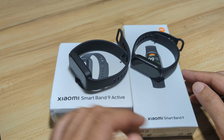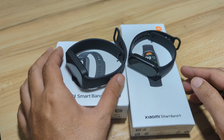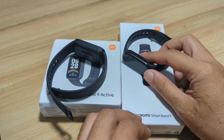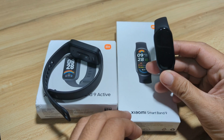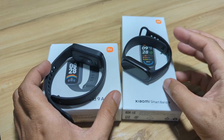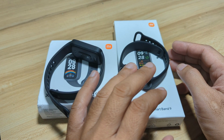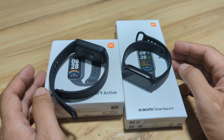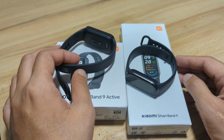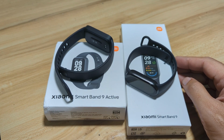We have here two fitness trackers from the company Xiaomi. The latest is the Xiaomi Smartband 9 Active, and we have here the popular fitness tracker, the Xiaomi Smartband 9. On this video, we are going to compare these two fitness trackers in terms of the design as well as the features offered. So if you are interested to see what is the difference between the 9 Active versus the Xiaomi Smartband 9,